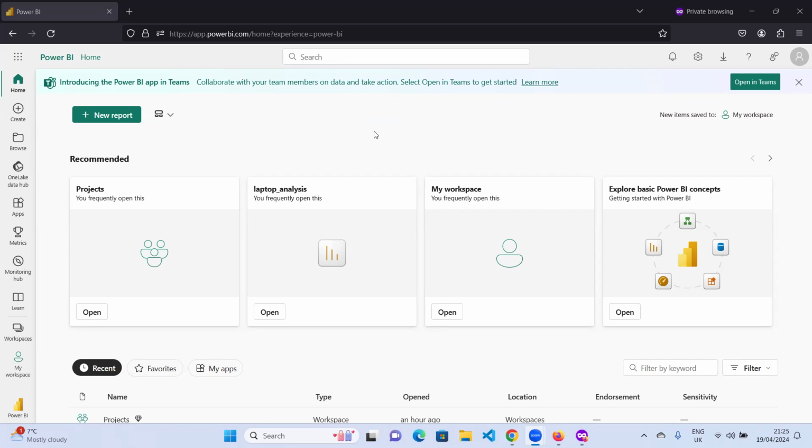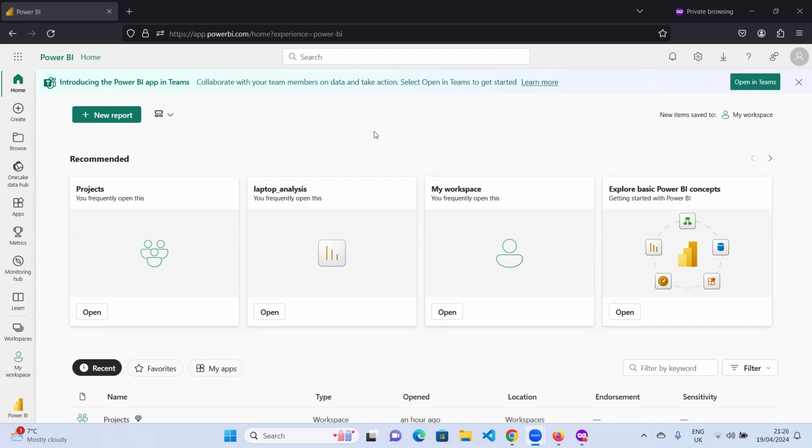However, it has its limitation. So there are things it cannot do that desktop can do. And there are things that the desktop version can do and the web version cannot do. But the web version is a very powerful tool. As a matter of fact, it is actually the web version that you will use in your company for collaboration, for sharing of your Power BI reports and dashboards. Today, you're going to understand the difference between reports and dashboards. So, on the Power BI service,